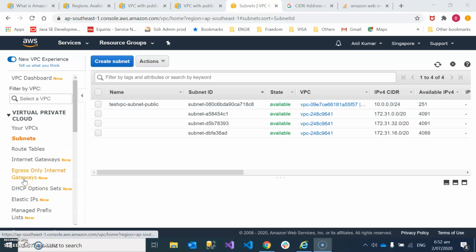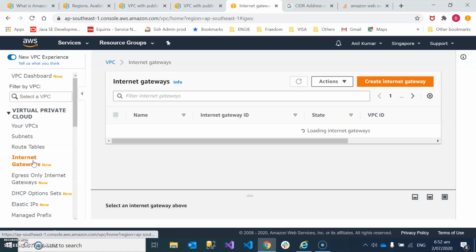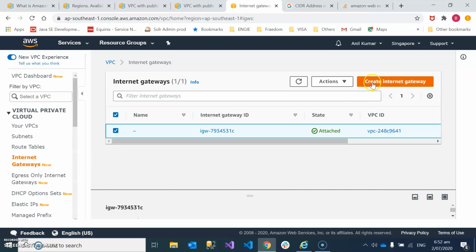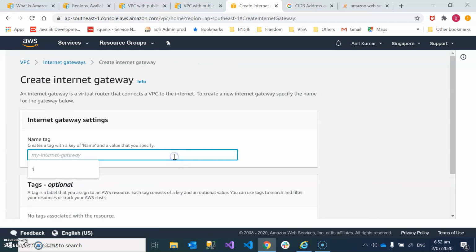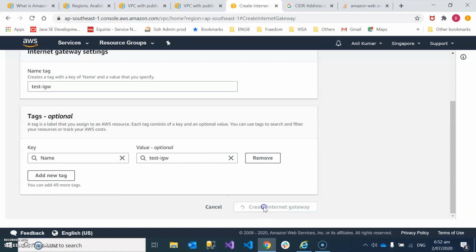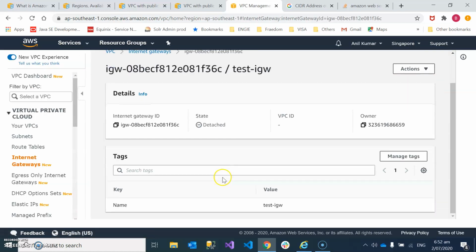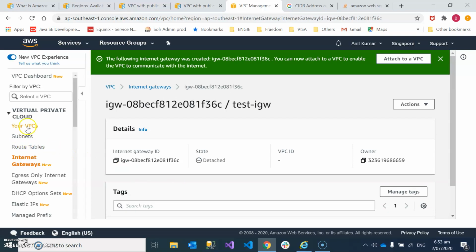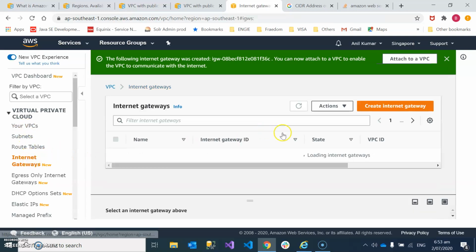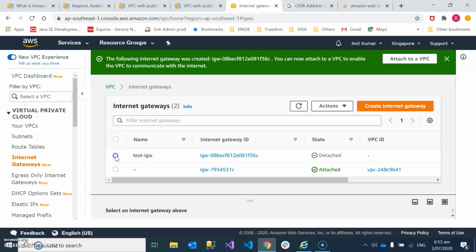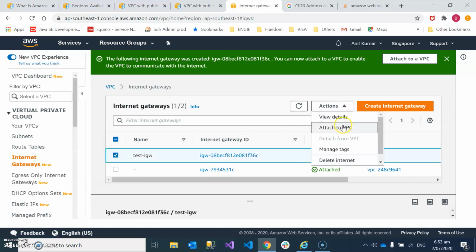Now it's time to make this subnet a public subnet. We have to go to internet gateway and create an internet gateway here. Now our internet gateway is created. Now we're going to attach this internet gateway to the VPC.